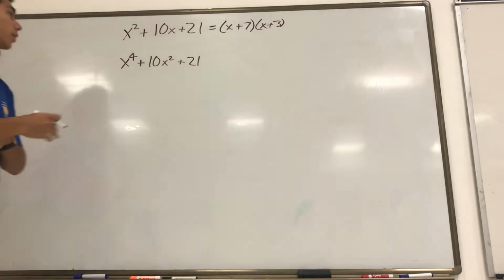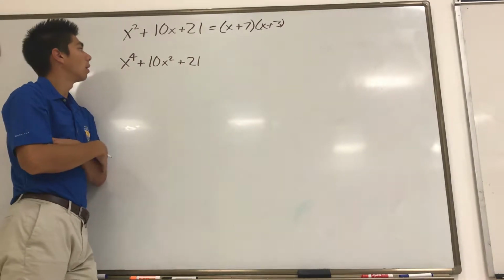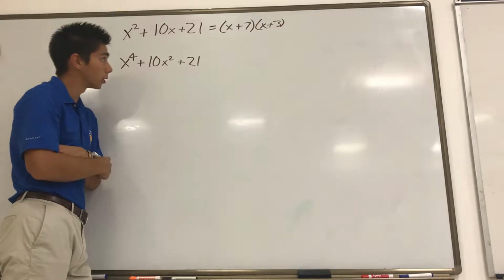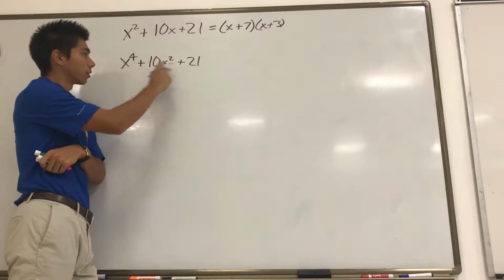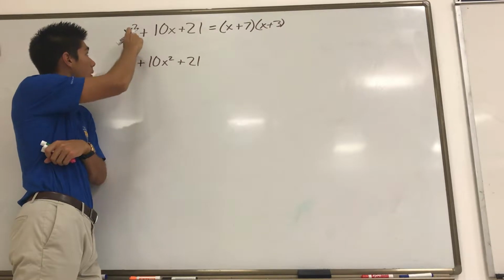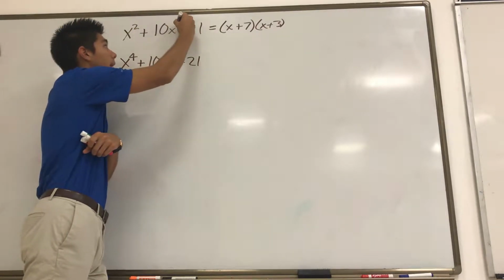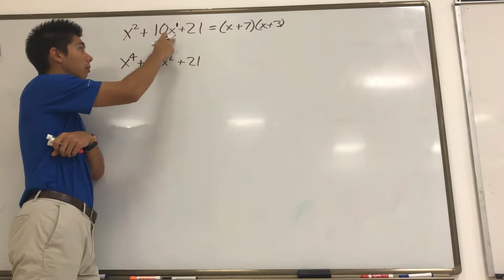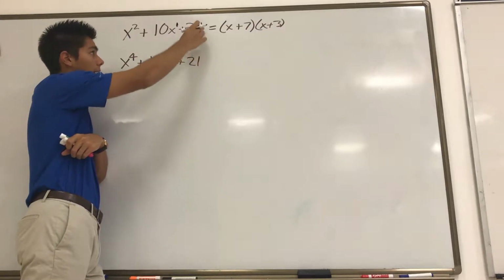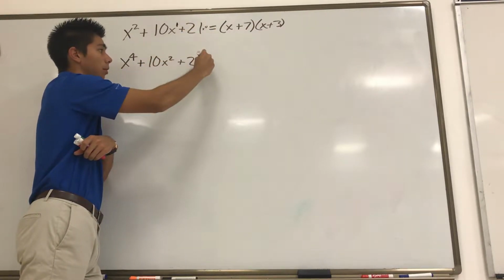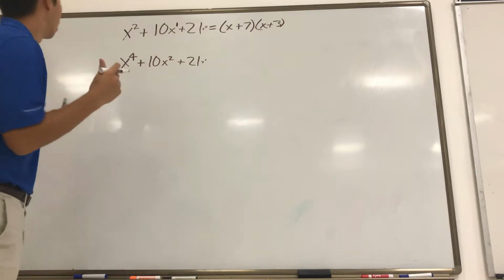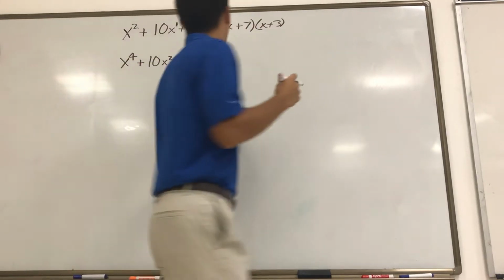Now look at what is almost the exact same thing, except I'm going to ask you to factor the expression x to the 4th plus 10x squared plus 21. My coefficients are all the same. The only difference is that my x squared has been multiplied by 2 in the exponent, from 2 to 4. Technically there's a 1 here. My x term has been multiplied by 2 to get an x squared. And technically this is x to the 0. These are both x to the 0. So you can see my pattern here. The exponents of these quadratic expressions follow a pattern